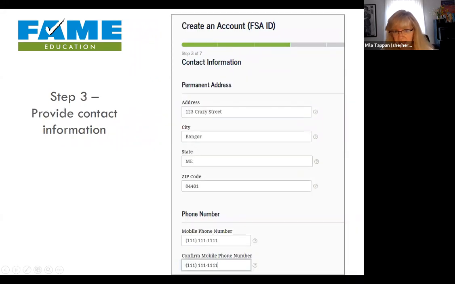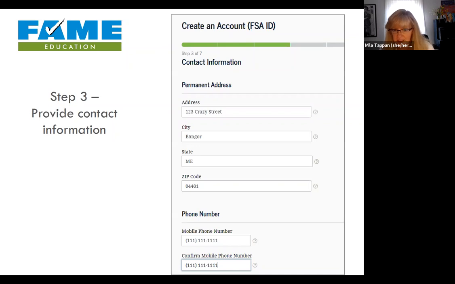Next is providing contact information. You will notice that they do mention the phone number, and so this is absolutely critical. People do have to put in their phone number or an email address. It's one or the other. We like it when people do both. They enter their email address and they enter their cell phone number, knowing that they have access to both of those things. The other piece that's critical about this is a cell phone number can only be used once, as